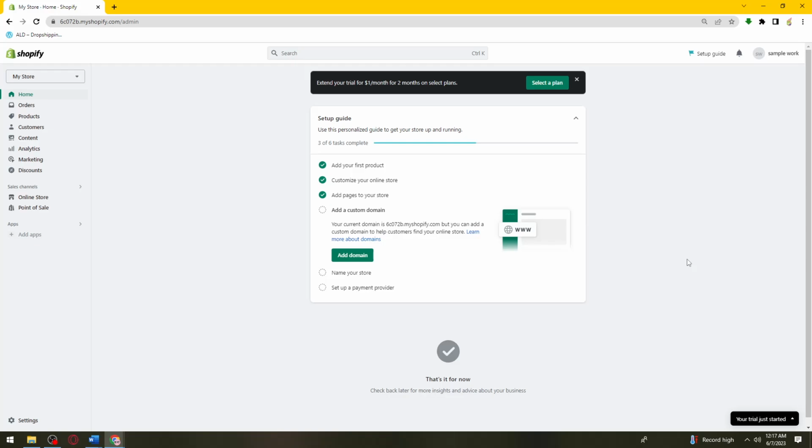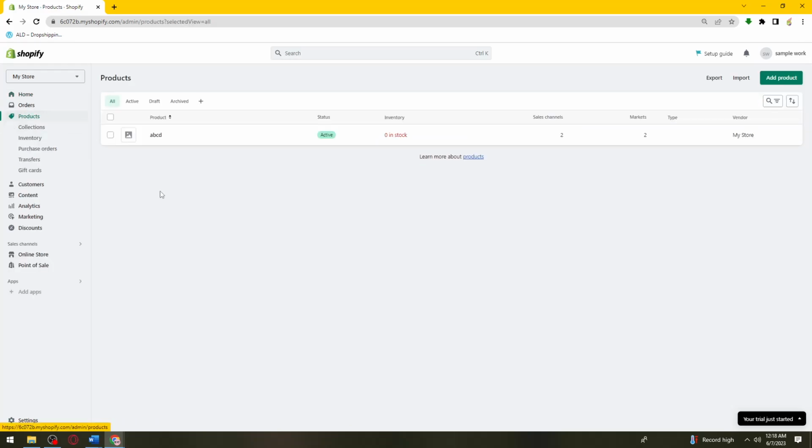First of all, what you need to do is open your browser, search for shopify.com and sign in to your account. Okay? Now once you're here at the dashboard, go ahead and click on products. And now just go ahead and add the product that you want, or for example, you